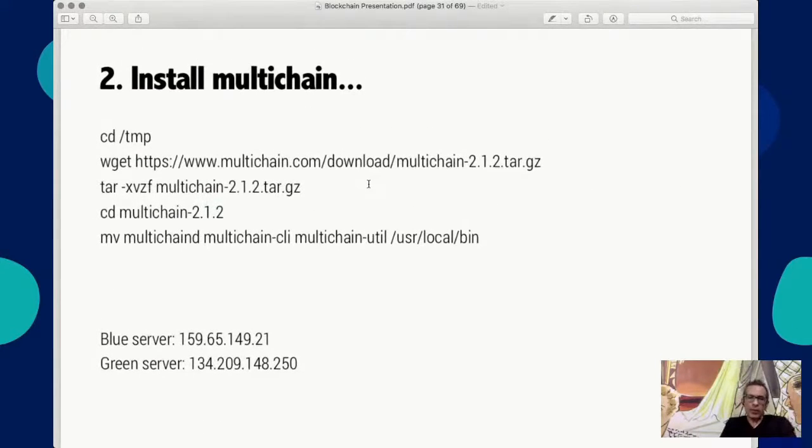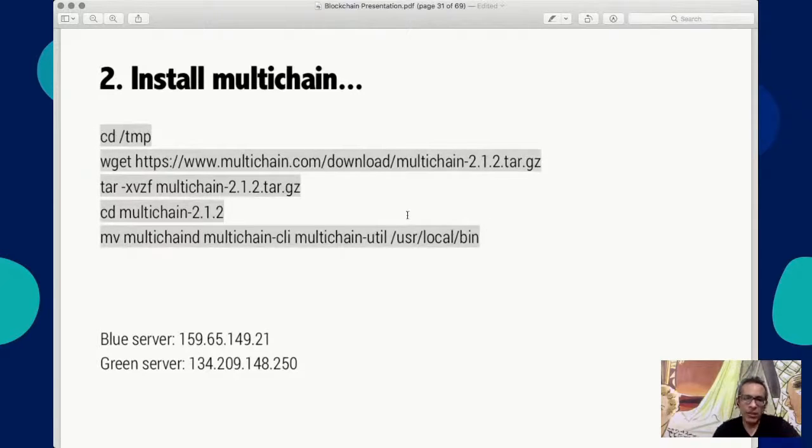Okay. So now what I want you to do, those of you who are doing it along with me, please log into your server, which you have already set up, or you could even do it on your laptops, and you need to run these 5 lines. You need to run cd /tmp, you need to do a wget with exactly this. If you have downloaded this PPT or PDF, you can actually copy paste the commands from here. This one, change directory, and then finally move it into this place.